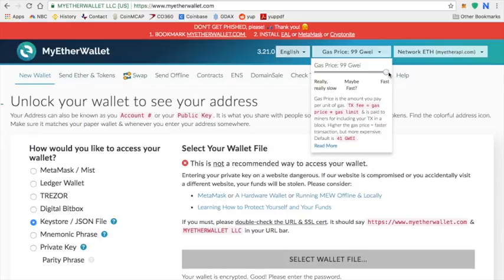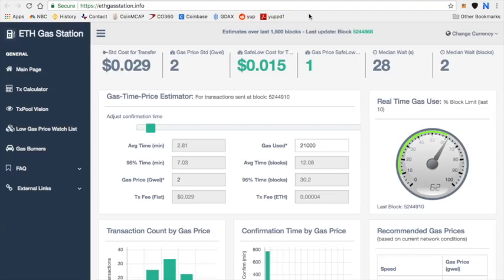So what's going to happen is you see that, and when you go from fast to slow, you're going to notice the change. What I'll see there is, usually a good amount is about 15 GWEI. That's what I usually go with. You'll notice when you're doing ICOs, they'll have a GWEI price and a gas price. So let's go back over here. Your gas price. You've got your confirmation times, and you can adjust it to see about how long it's going to take,